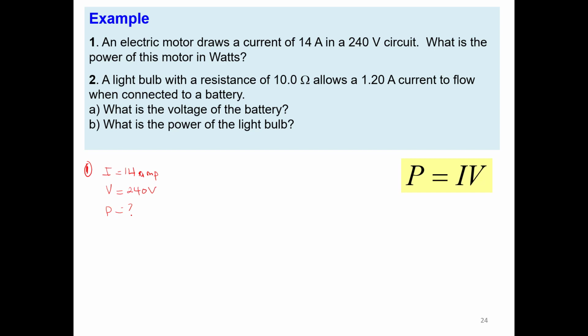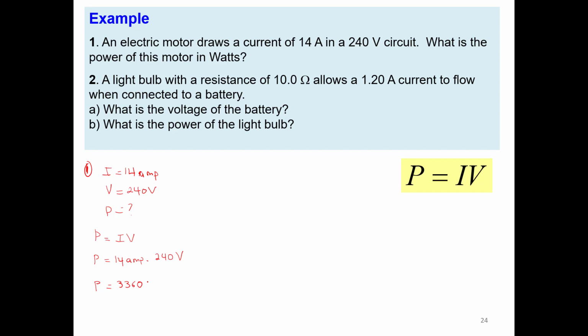Then in this case we had power equals the current times the voltage. Then power equals the current, which is 14 amp, times the voltage, 240 volts. And if we multiply these two numbers together, then we will have this